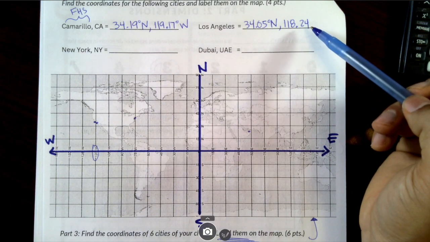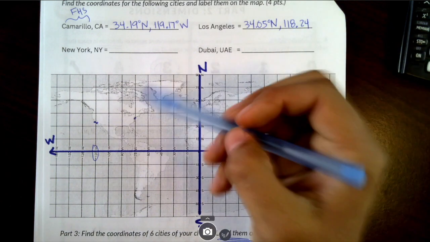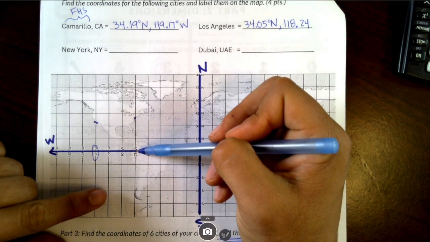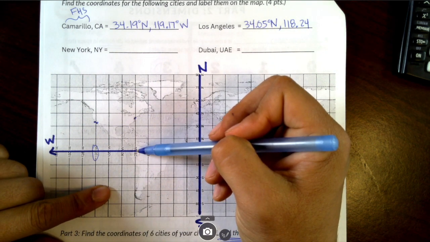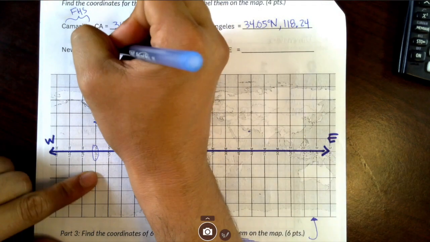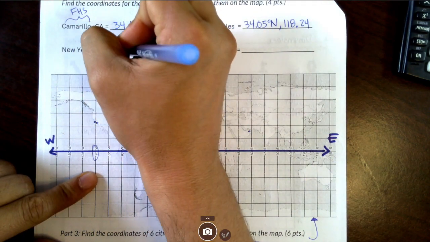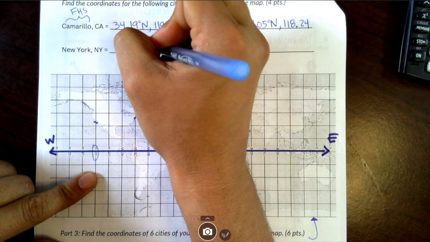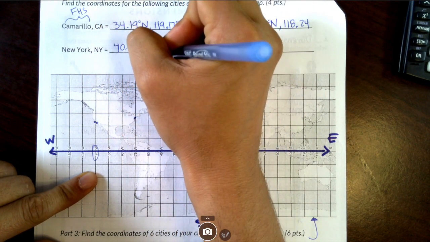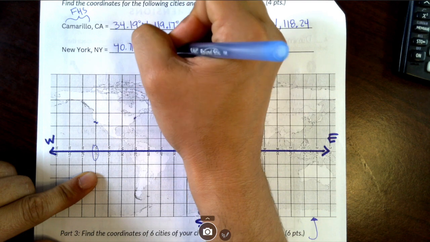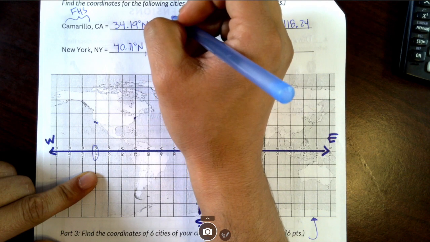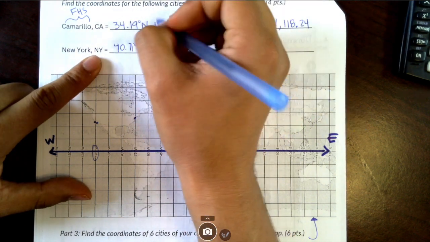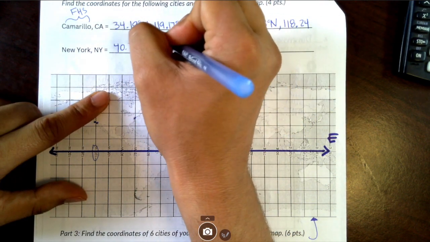That's intense. New York looks like it's about 75 degrees west. It's really 74, but let's see. It's 40.71 degrees north. Excuse me, I think I messed up. Not 40. I was looking at the same number. This is 74